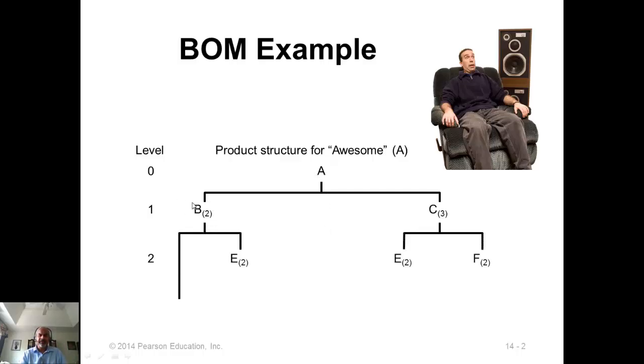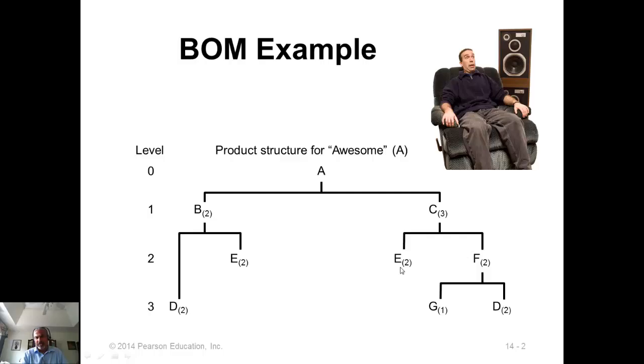Now here B is a child item for A, but it is also a parent for E and D. And here we need 2 units of D and 2 units of E, and when you put these two together you get 1 unit of B. And this can be confusing sometimes. The number that you see in the bracket is about the parent only. You shouldn't take that down below. So here we take 2 units of E, 2 units of D, and go through the production process to produce 1 unit of B, not 2 units but 1 unit of B.